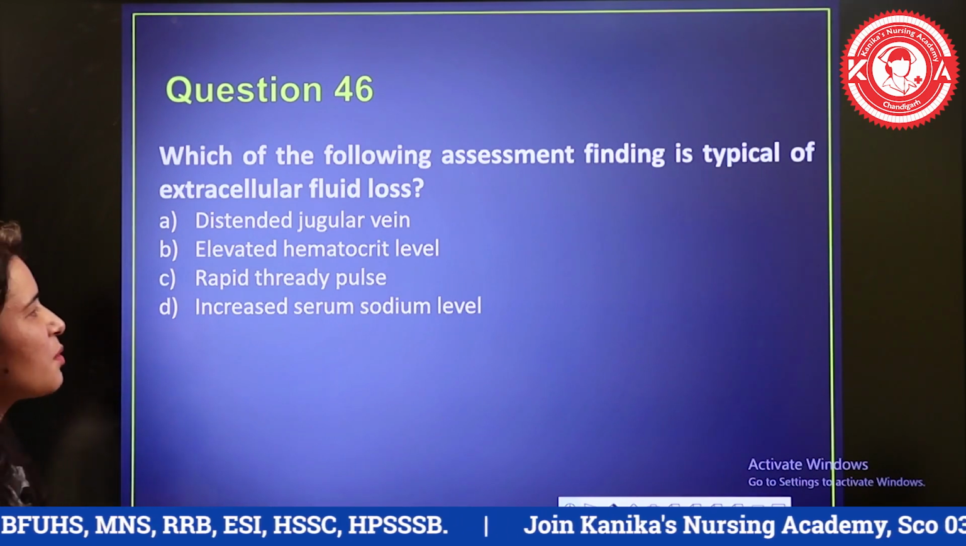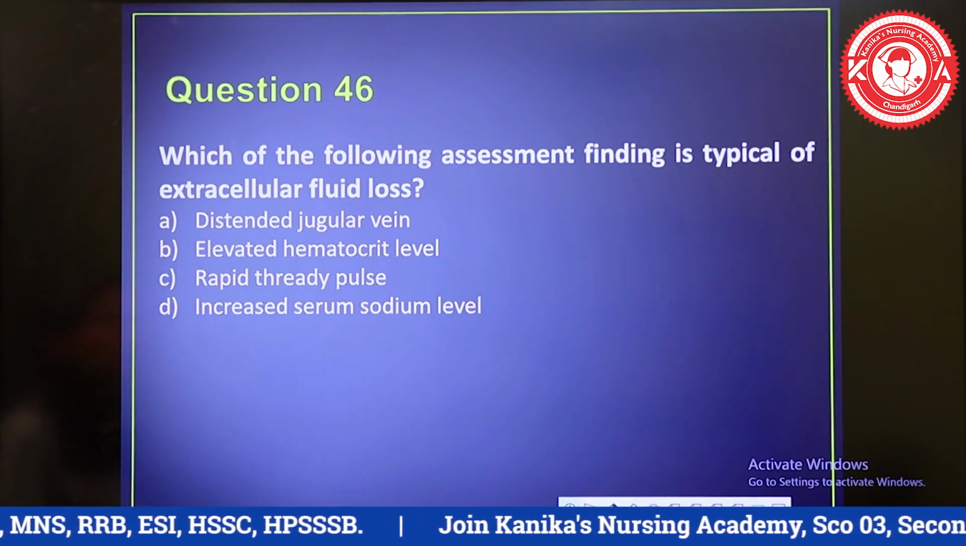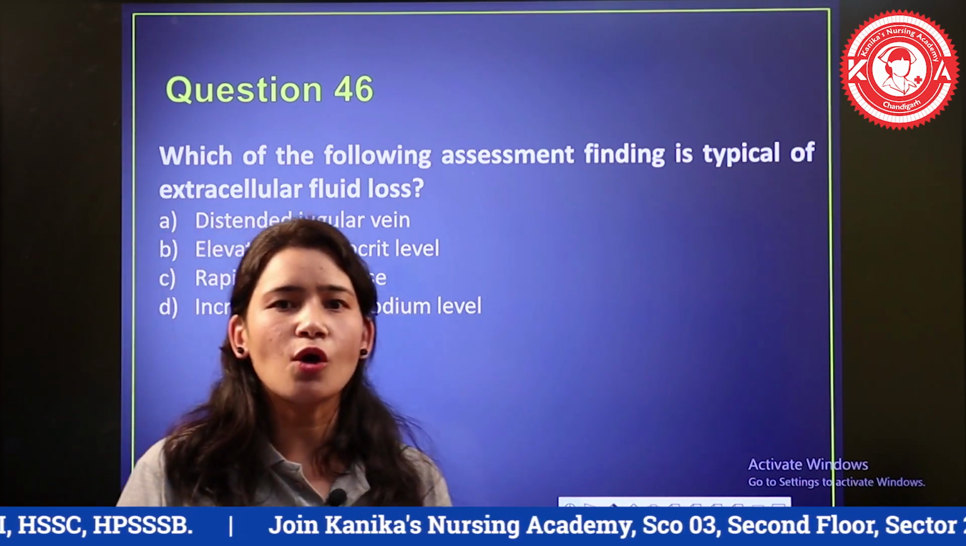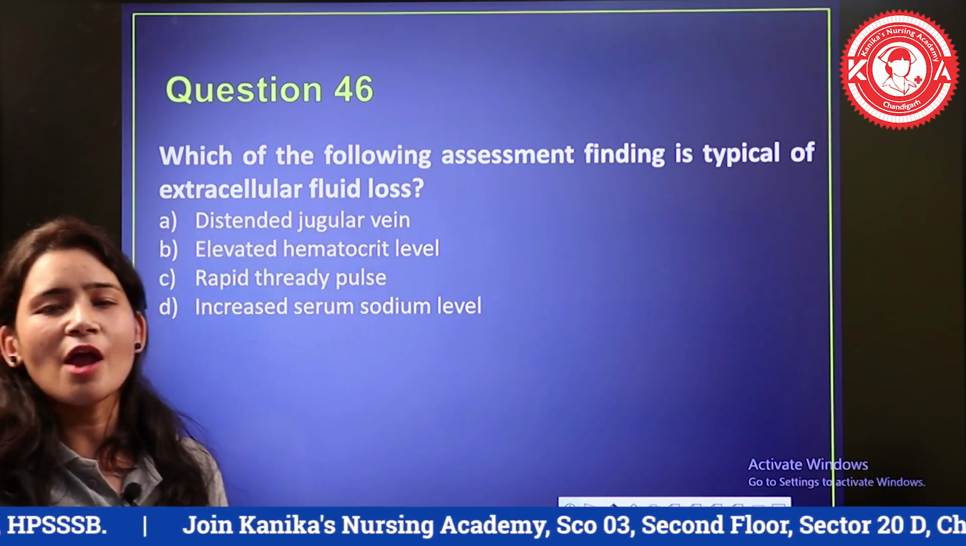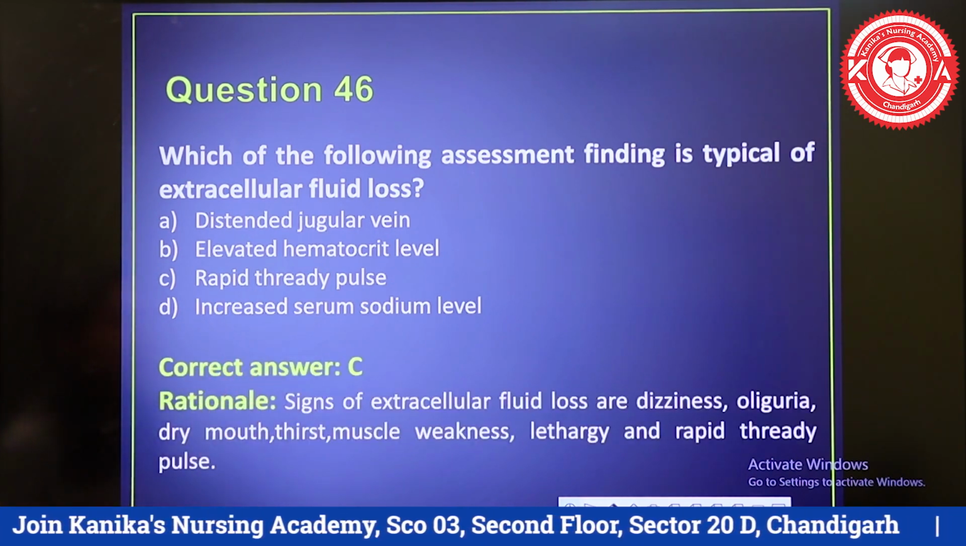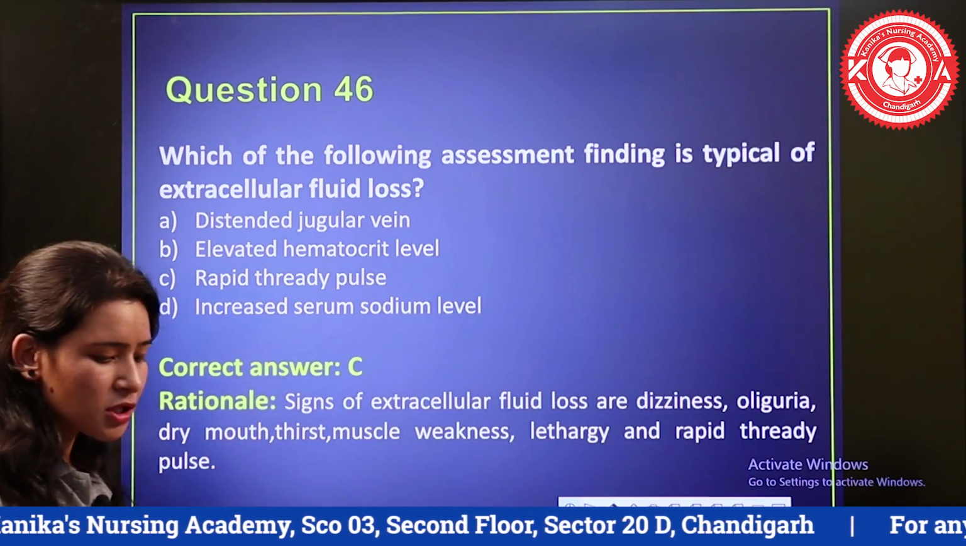Now next question is which of the following assessment finding is typical of extracellular fluid loss. अब यहाँ पे extracellular fluid loss है तो that means यहाँ पे हाइपोवॉल्यूमिया हो रहा है। सो हाइपोवॉल्यूमिया में मेनली यहाँ पे क्या होगा, सो राइट ऑप्शन यहाँ पे क्या होगा, सी ऑप्शन में है रैपिड थ्रेडी पल्स।